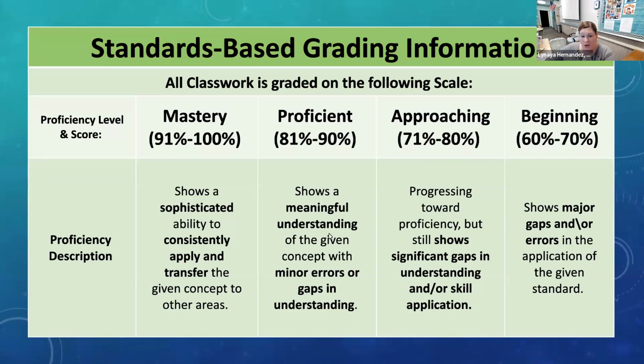concept yet. I get a lot of students who are like, I turned in the assignment, how come I don't have 100%? Well, compliance is not the same as mastery, right? So if you demonstrated that you were proficient on the skill, then you probably got between 81% or a 90%. If you demonstrated that not only were you proficient, but you mastered that skill to a point where you could consistently apply it and transfer it to a different situation, that's mastery.